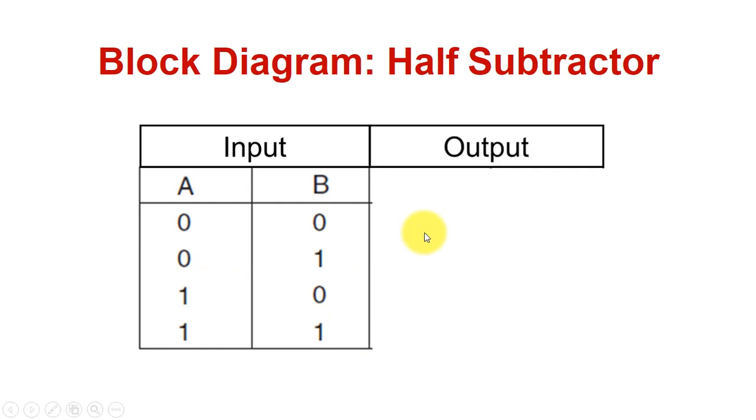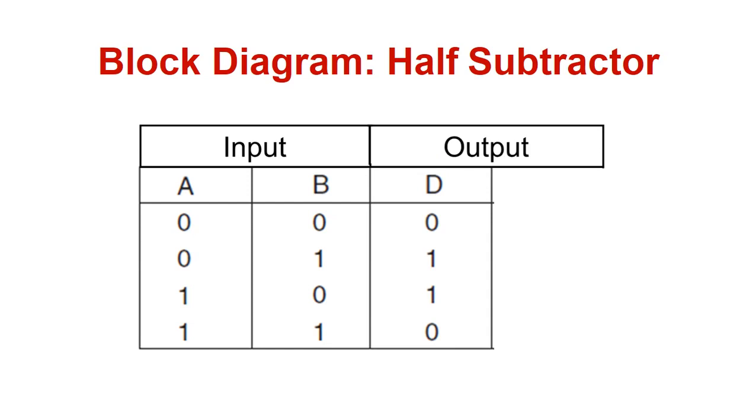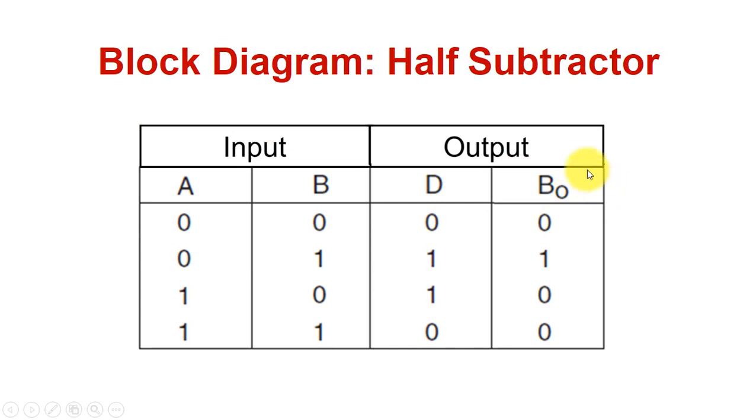Now we will explore the output. Similar to the half adder, we have two outputs over here in the half subtractor. One of them is difference, which we designate as D, and the other one is the borrow, which we designate as B. Now let us, one after another, understand how the difference and borrow are calculated. Here all the operations are in the form of A minus B. That means we will try to subtract B from A.